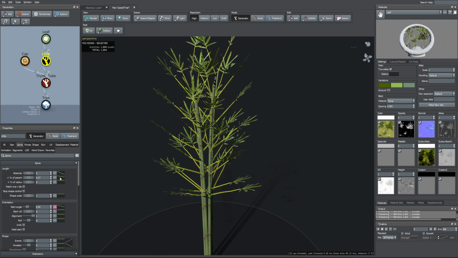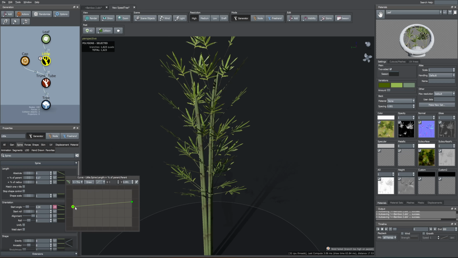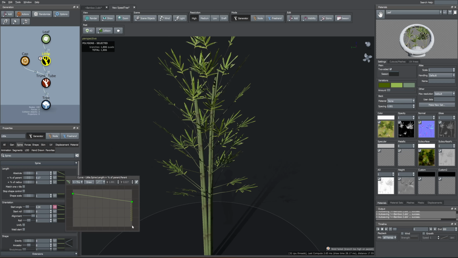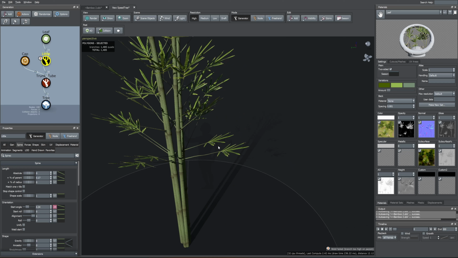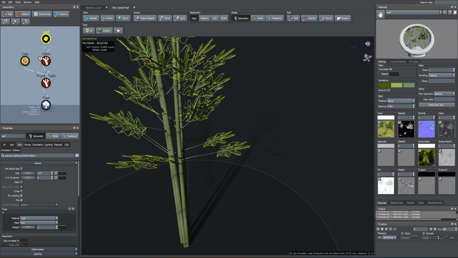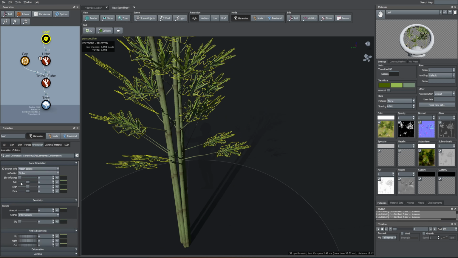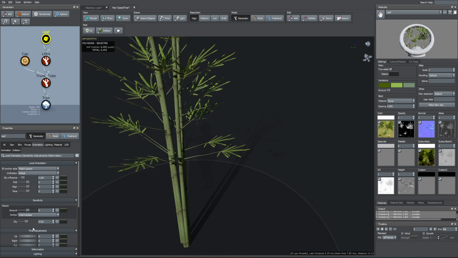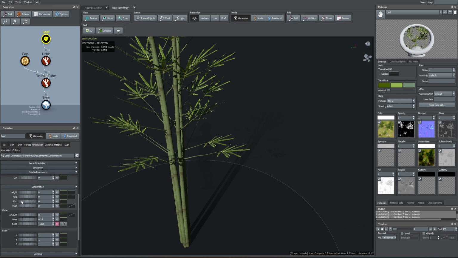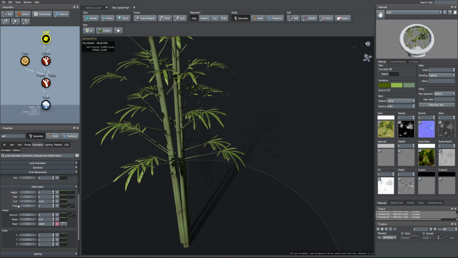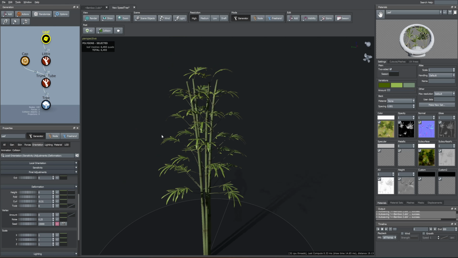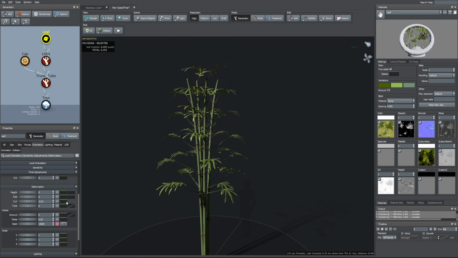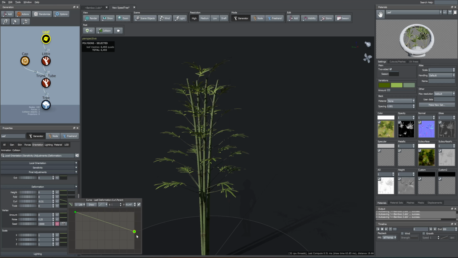Go over to the little branches and let's amend this green curve so that it's not that far out. Okay, and let's go over to the leaf tab and orientation, give it some sky influence. All right, and let's scroll down till we see curl. Let's curl them down. These ones more curling at the bottom, so let's decrease the ones at the top but